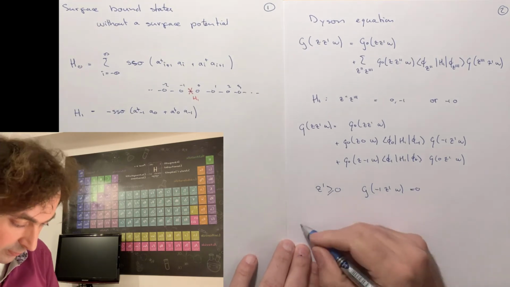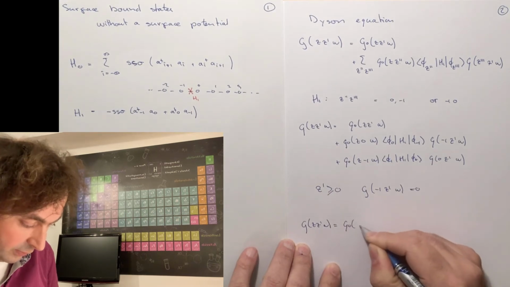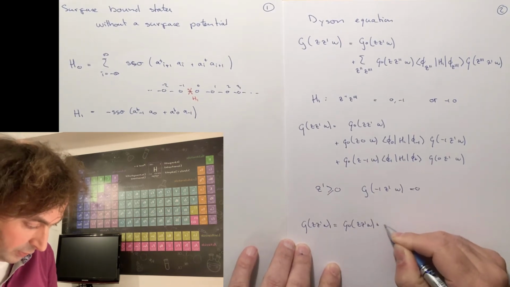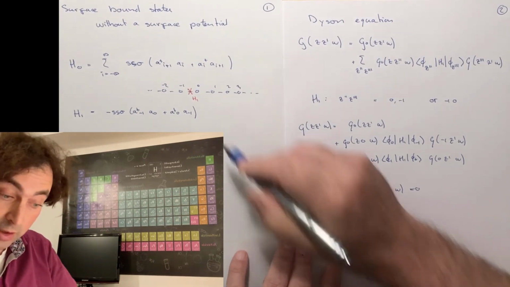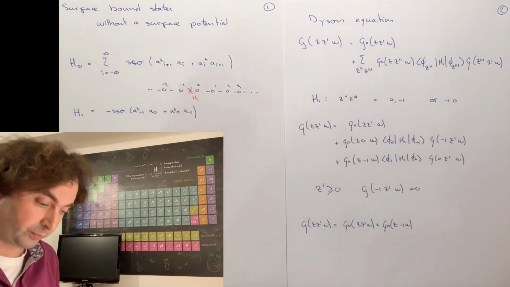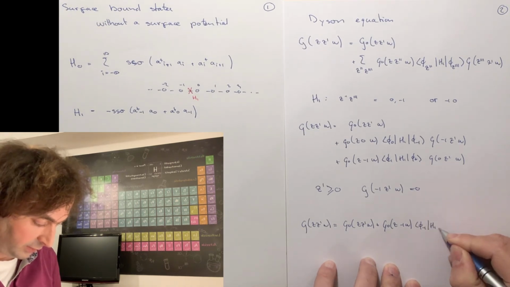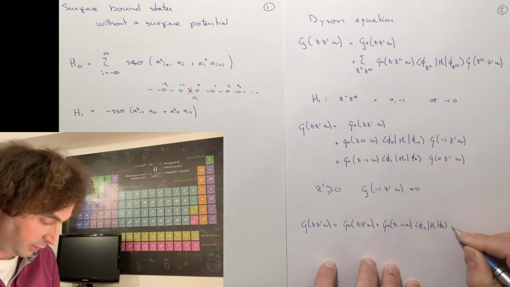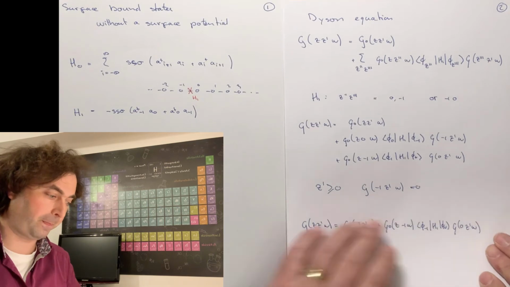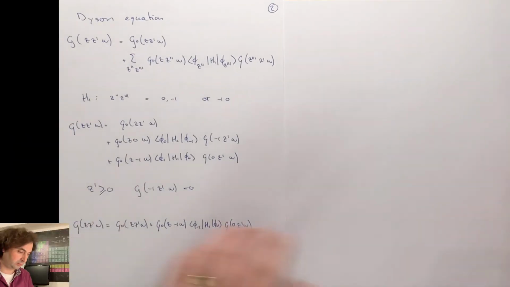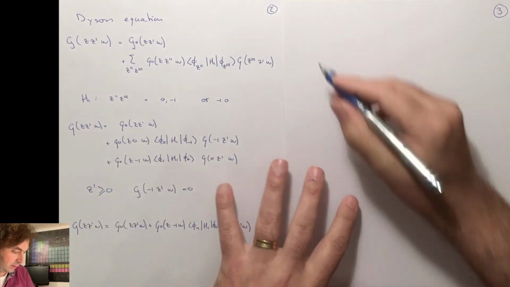So my full Green's function is given by g0 plus g0(z, -1, omega). With g0 you can of course propagate also through negative to positive or positive to negative numbers. Phi_-1 h1 phi_0 g0(z', omega). This leaves us with